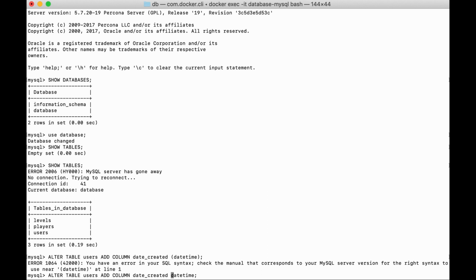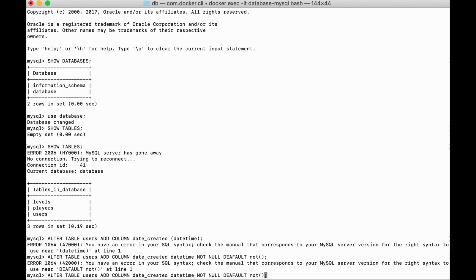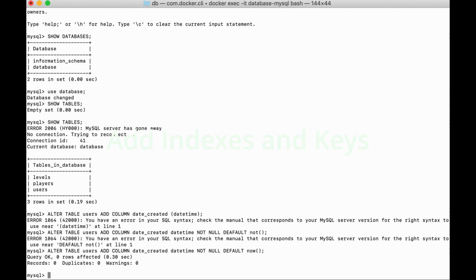Okay, let's fix that error. We also didn't add keys and indexes, so let's do that.